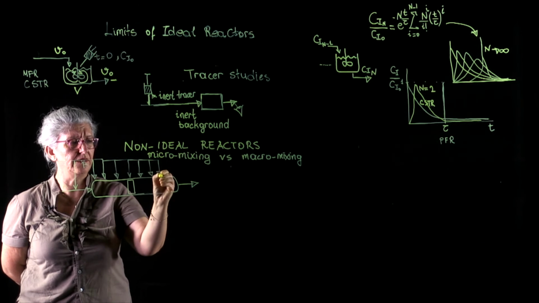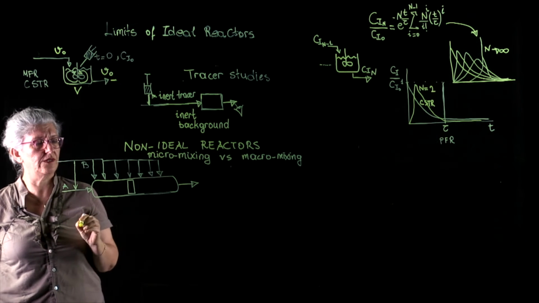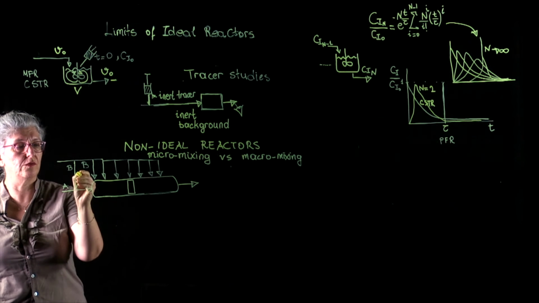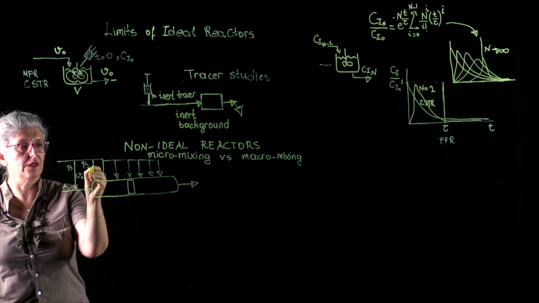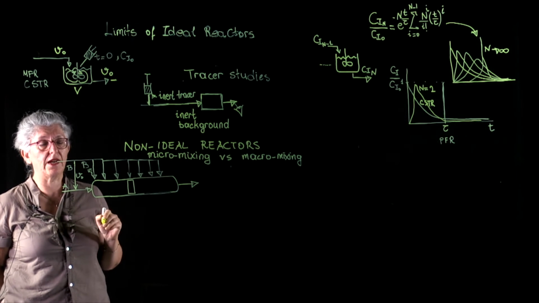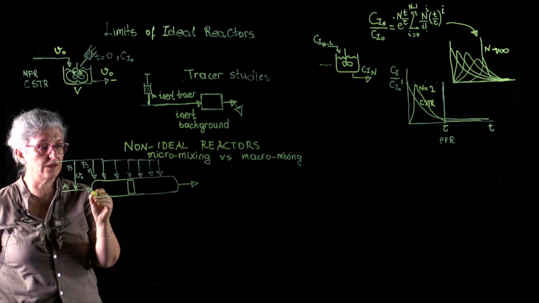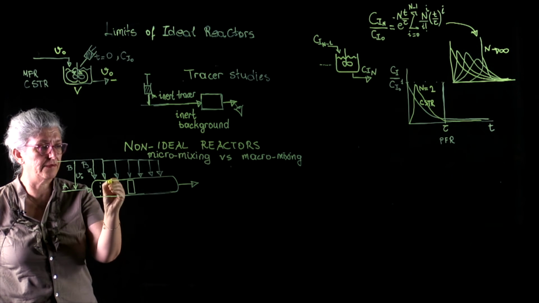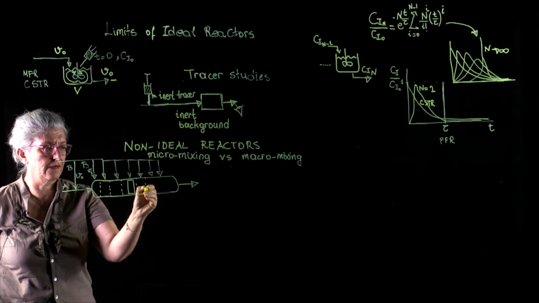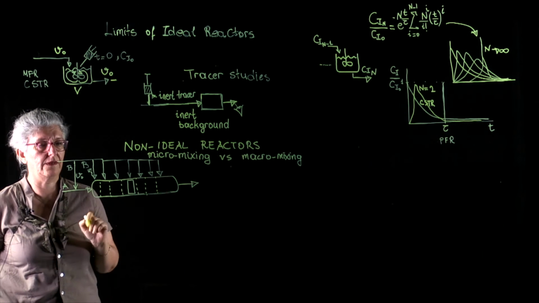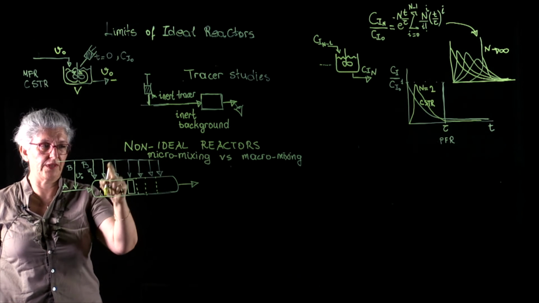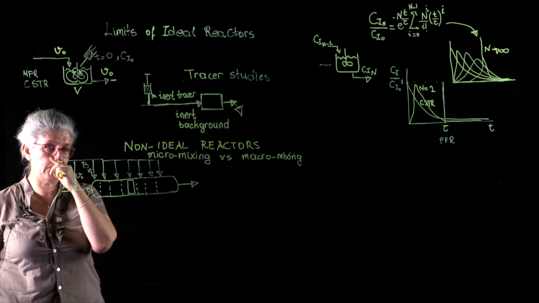We have to write our balance equations. We have to know the volumetric flow rate of each of these streams, and we have to write our balance equations segment by segment. All right? So this plug flow reactor operation